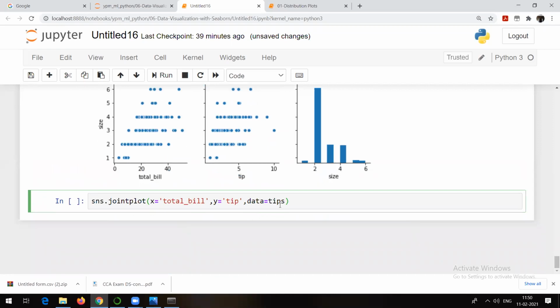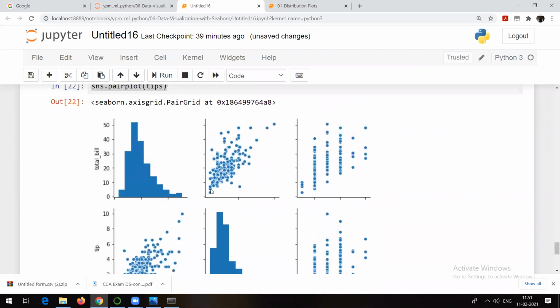like gender, male, female? So here, what I can do is make use of a parameter called hue. So sns.pairplot, tips data set, and here we can give the hue parameter. Suppose I want to give, there is a column called time, dinner or lunch. I want to see what time people prefer, whether they prefer dinner time or lunch time, and accordingly I want to see this relationship.